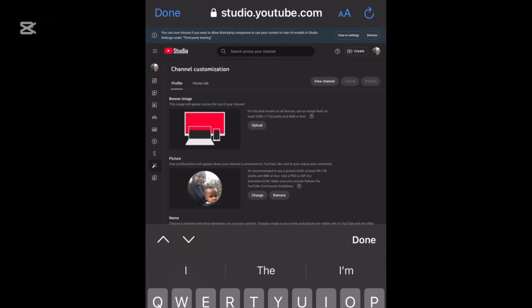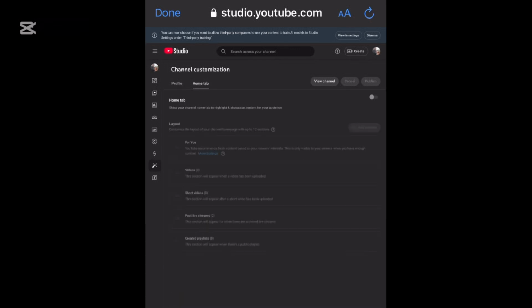So you have to come to your home tab. So this is your home tab. If you have had videos already in your channel, make sure you always come to your home tab in order for you to turn it on. Okay, so in order for you to turn it on, you're going to be seeing your For You page, your layout, everything here. You are going to be seeing it,